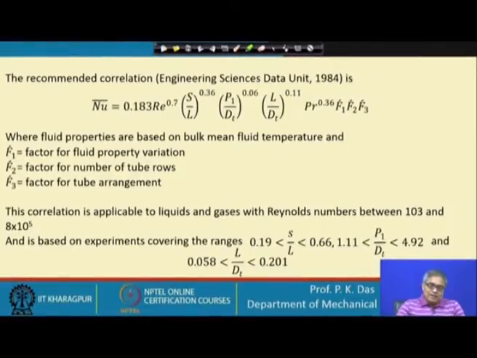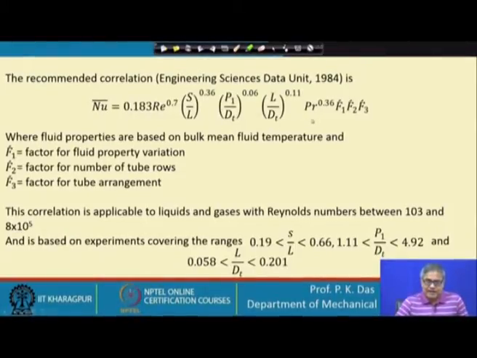So, these geometrical parameters are there in the correlation. What geometrical parameters would be important? The length or height of the fin will be important. Then the spacing between the fins will be important. So, that has been given. The pitch of the fin normal to the direction of flow will be important, and the outer diameter, or tip diameter, of the fin will also be important.